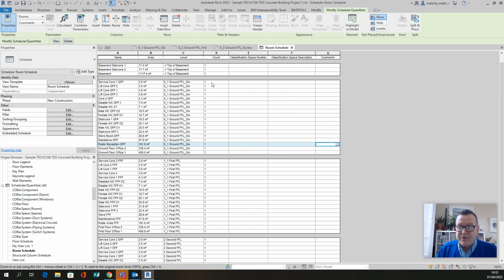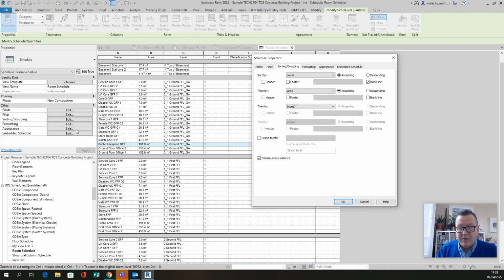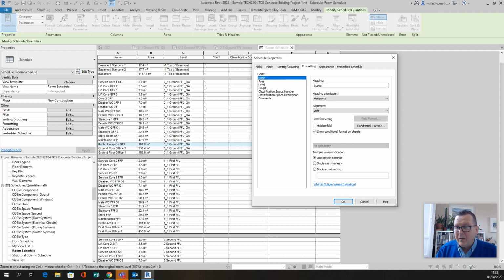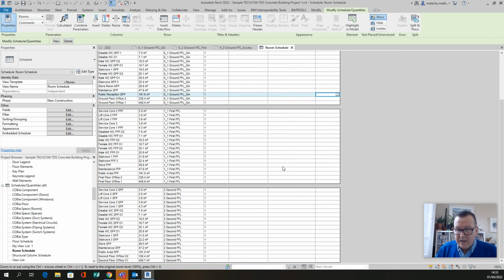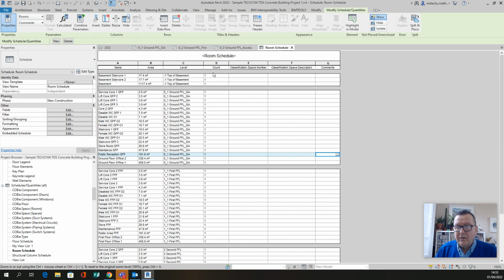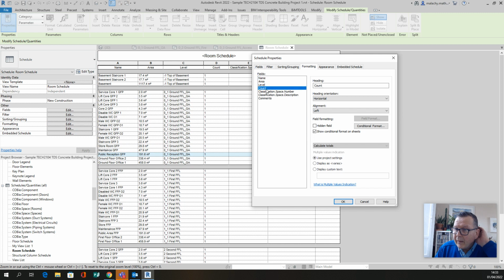So if I wanted to do a count here, right, now we know that this is repetitive the whole way up. So I'll go back into my sorting and grouping, itemize every instance. I'll do that for the moment, but I'll go into formatting, and I'll go count, give me a calculated total, and I'll go okay. And no, I'm not done that right yet. So formatting, count, heading count, calculated total,